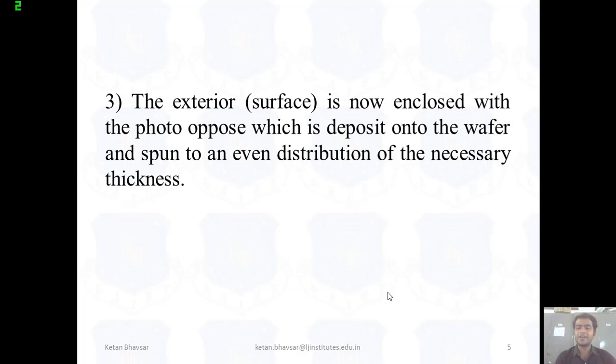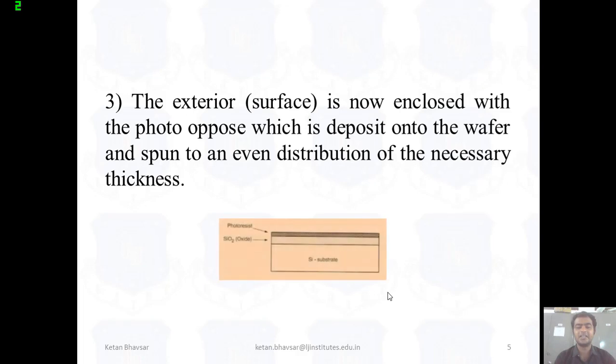The exterior surface is now enclosed with photoresist, which is deposited onto the wafer and spun to an even distribution of the necessary thickness. So as you can see, we deposited a photoresist material. There are two types of photoresist material, as we already discussed in the previous session: positive photoresist and negative photoresist.